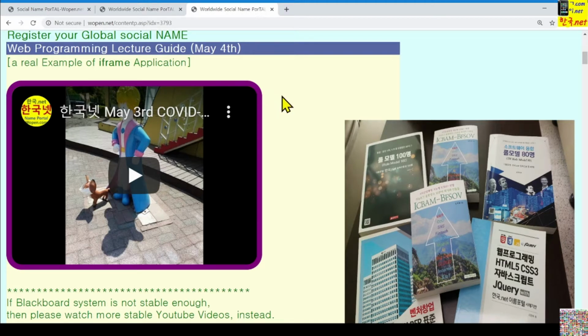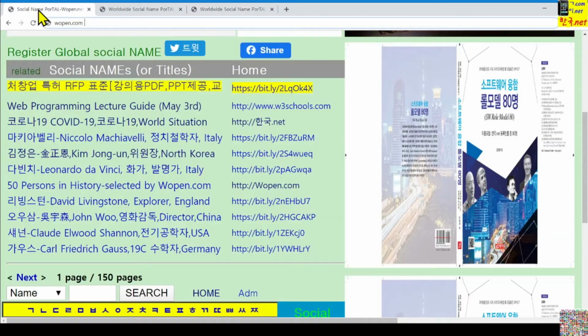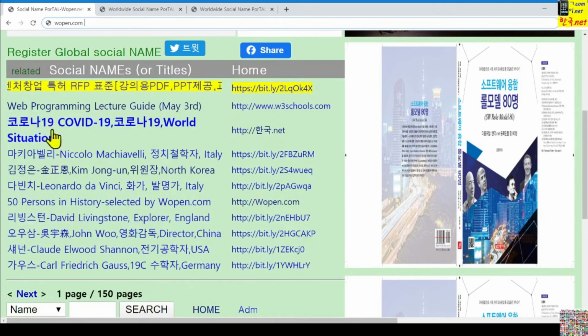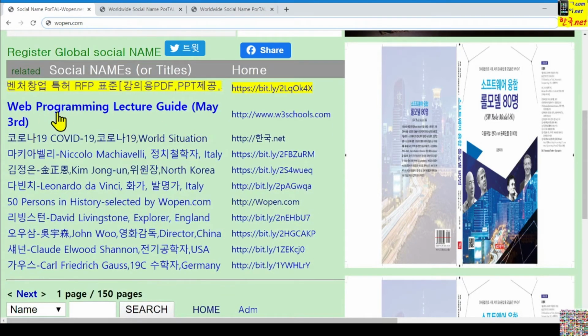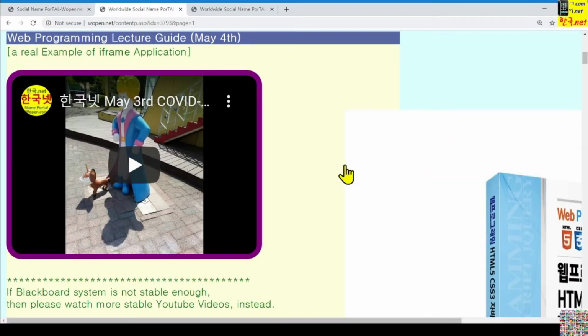Also, the same announcement you can see in the Blackboard. Also, similarly, you can come here directly from this wopen.com URL. If you are using this URL, then you can see somewhere on the top, because the most recently updated title will be shown on the top. Thus, if you click this, then you can see like this.